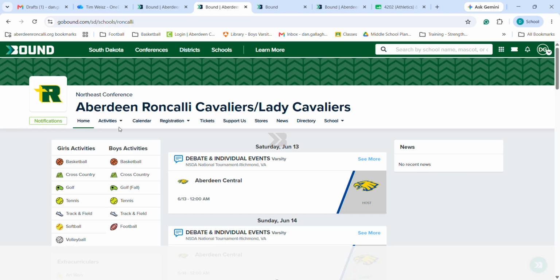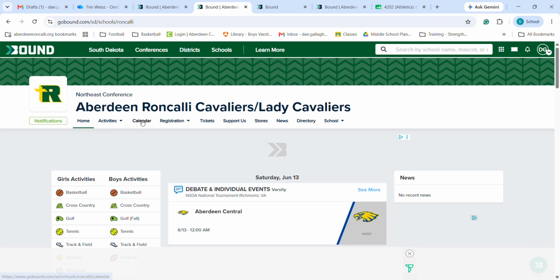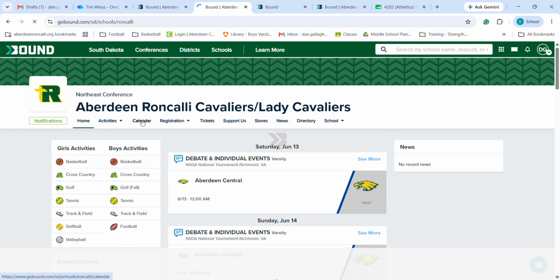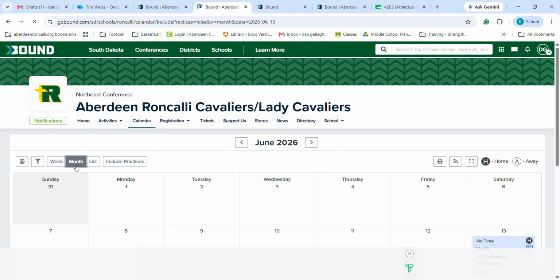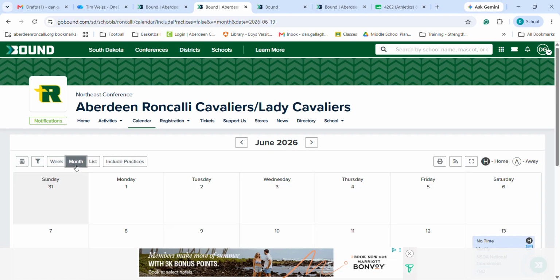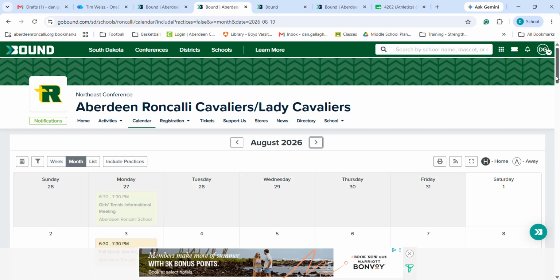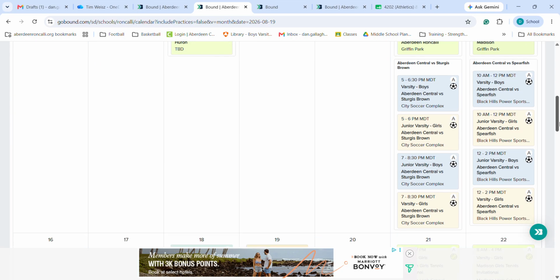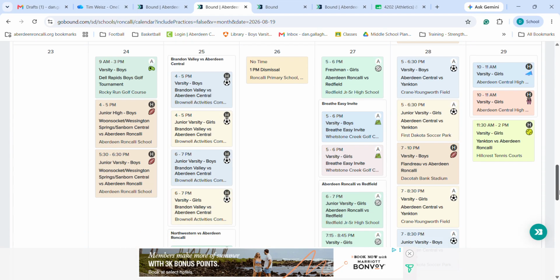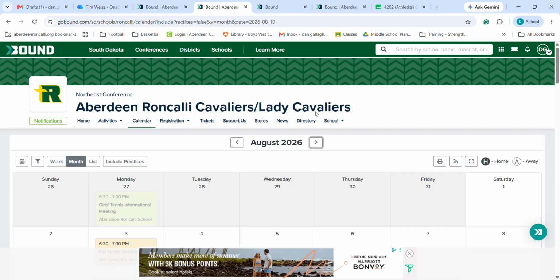Now, you're going to want to at some point get familiar with this because it does have our activities calendar. If you go to the aberdeenroncalli.org website and you click on the activities calendar, this is the page it will take you to. It's going to include all special events, all activities that we have for the year. There's a way to filter it. I'm not going to go through all of that today because I want this to really focus on our